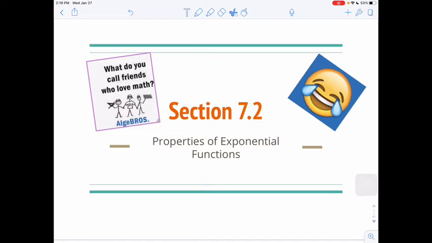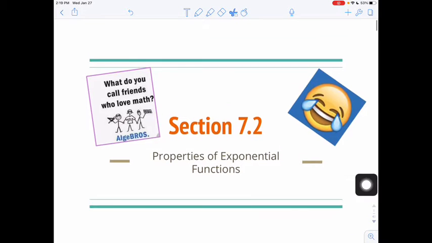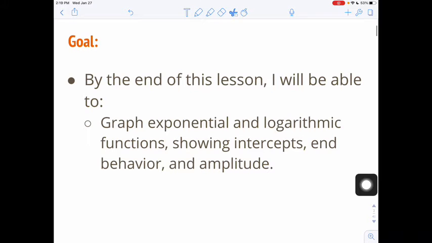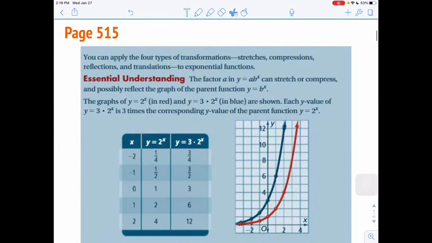Section 7.2 is properties of exponential functions. Our goal is to graph exponential and logarithmic functions showing intercepts and behavior and amplitude. On page 515, you can apply the four types of transformations, stretches, compressions, reflections, and translations to exponential